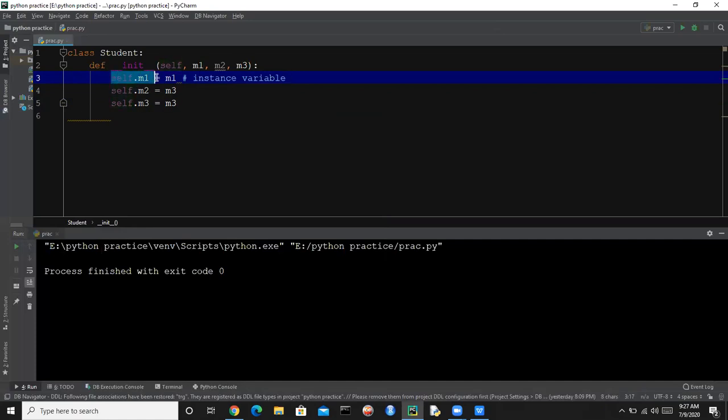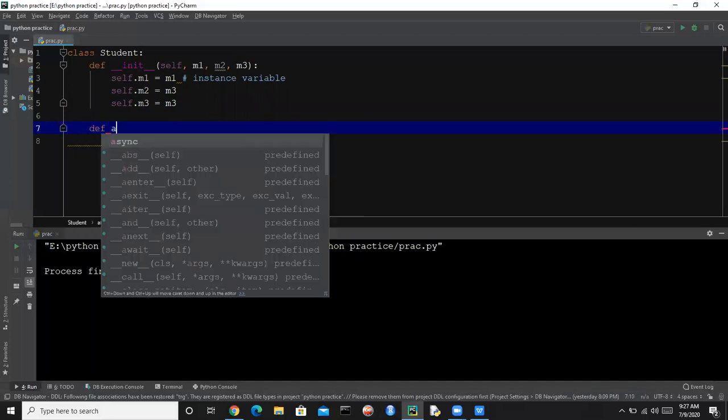Those are associated with an object or an instance, and we will use them for performing some operations in an instance method. So here we are creating an instance method. The instance method is the average of these marks.